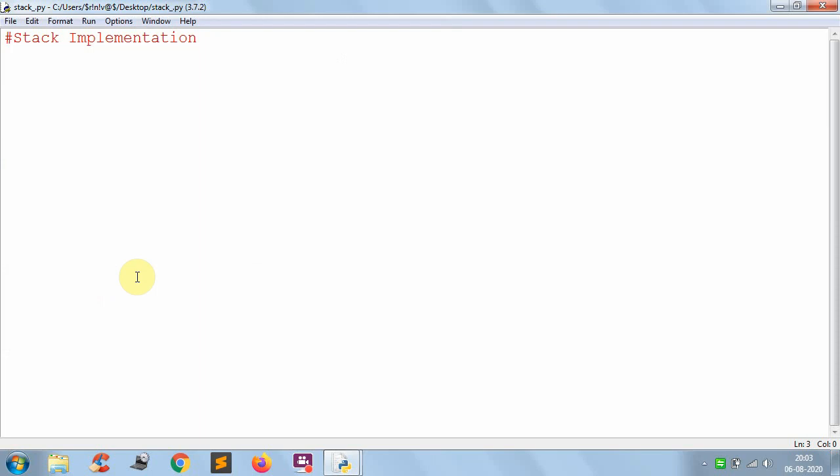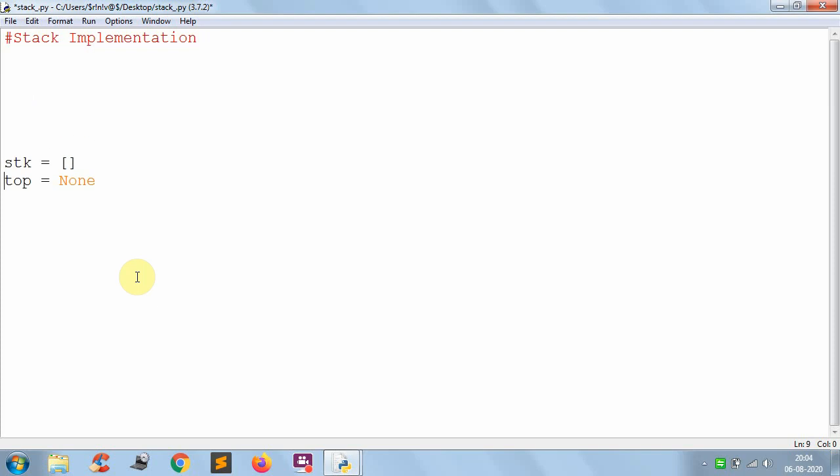So first you have to create the empty stack. Whenever you're starting the program, first create one empty stack. This is the empty stack, and top equal to None. In Python, None is used for nothing, meaning when the value is not known, you will keep it as None. Because when there are no elements in the stack, the top value should be None, because only when there is an element does top point to that element. If there are no elements, top is None, in a simple manner.